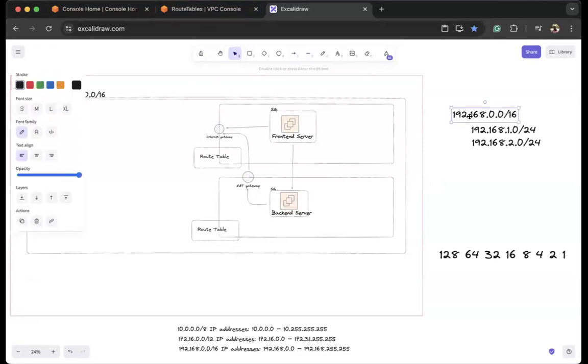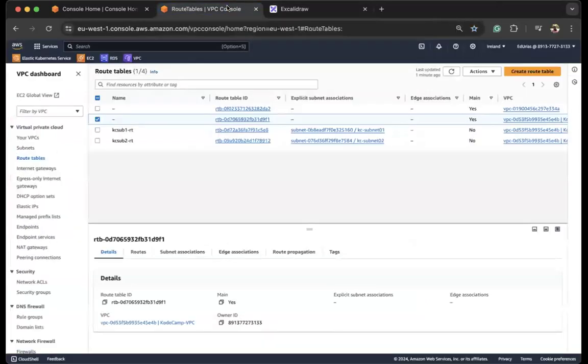We have the IP for public internet, which is 0.0.0.0, which means any. So any network outside the range of this IP will be sent to the internet gateway that we have here. And this internet gateway then sends it to the outside internet, right? So we need to create an internet gateway and assign it to